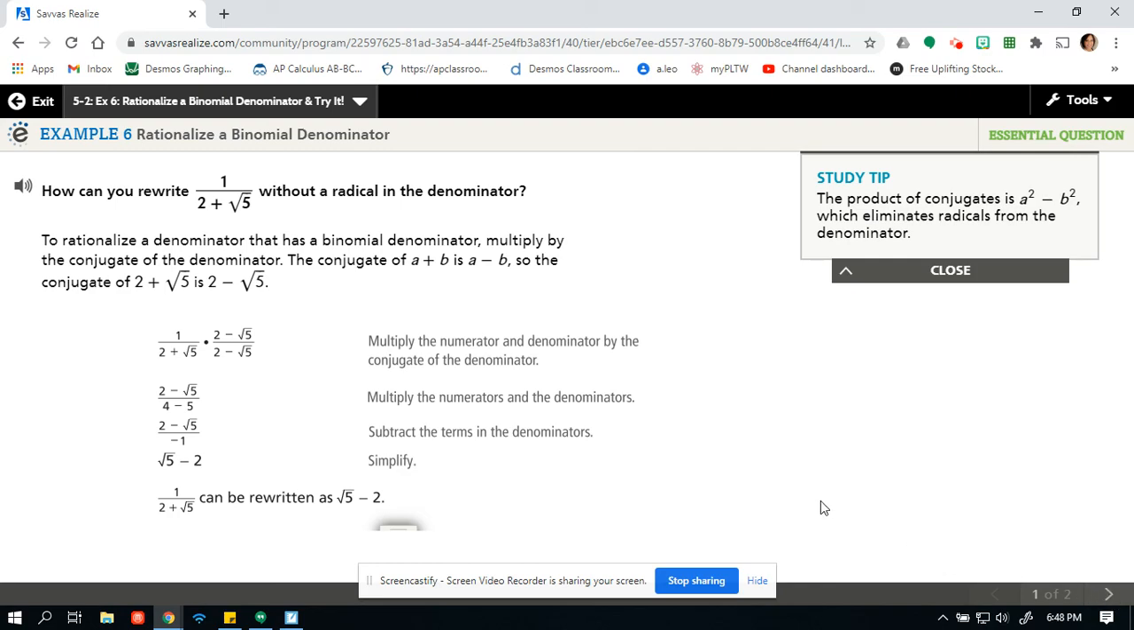All right, so there you go. There is rationalizing the denominator in both a monomial and binomial